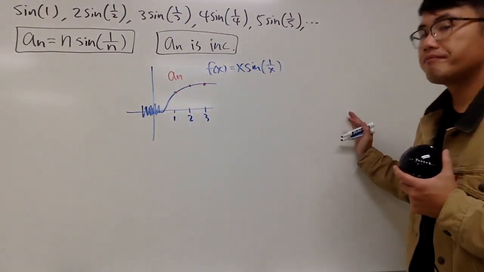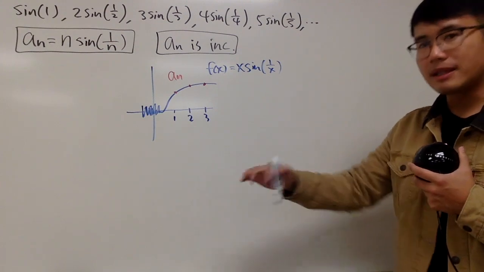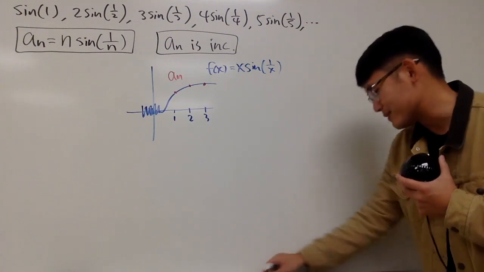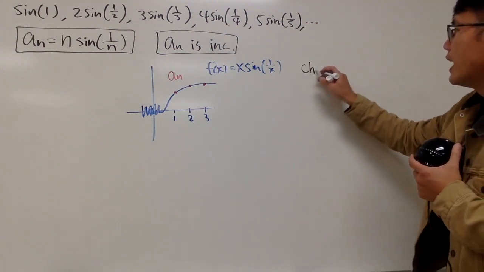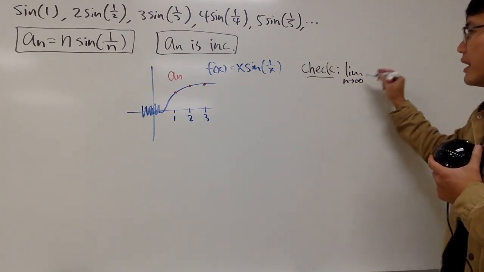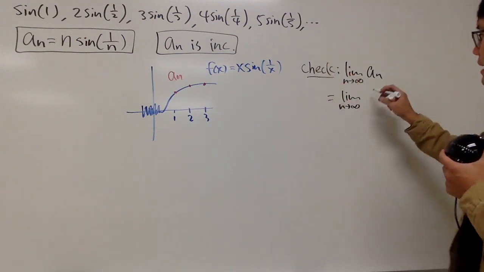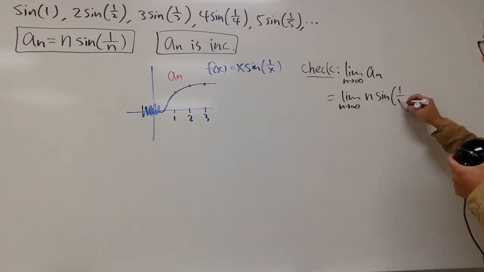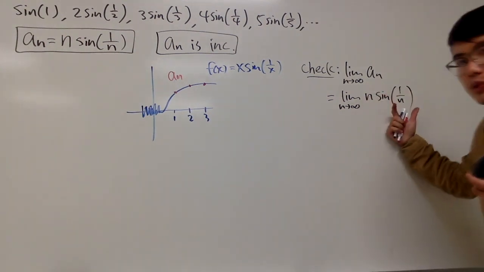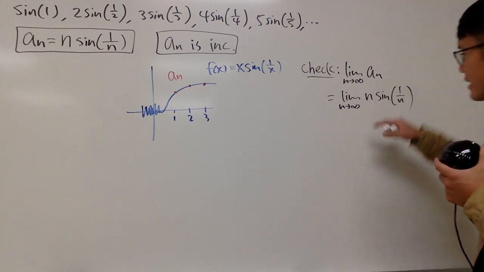For the third one, we are going to see if a_n converges or not. Of course, we can use the graph, but let me show you how we can do it. Not algebraically, just by doing some actual computations. We are going to check the limit as n goes to infinity of a_n, which is the limit as n goes to infinity of n sin(1/n). Notice this is an infinity times 0 situation, so we cannot draw any conclusion yet. What we can do is bring this n